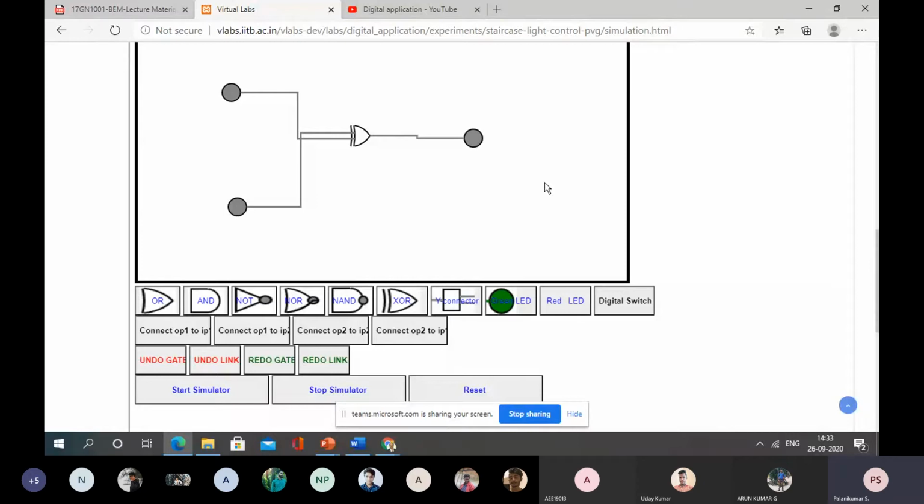Okay, so now what I'm doing is simply running the start simulation. So if I'm pressing that, the lamp will be now off, I'm on the ground floor. Now I have to use the staircase. Now I press the switch. Light is glowing. After reaching the first floor, I am pressing the switch here. Light is off. Now I am returning from the first floor to the ground floor. So I have to make it off. Then the light, I am using the staircase and come down. Okay, come down and switch off.